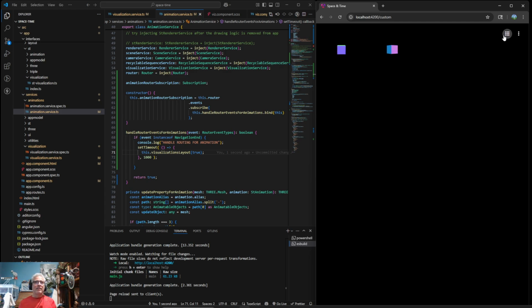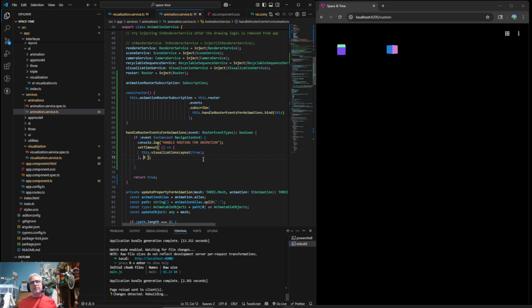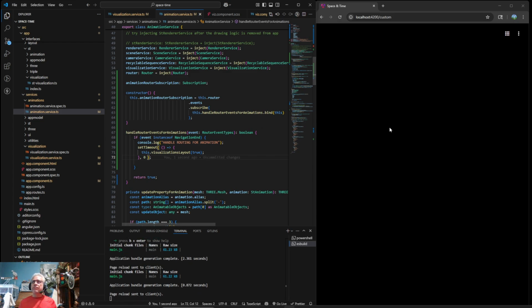So how do we handle this timing issue? I mean, this is one way. Let's see if we make it 0, if it still resolves itself. I would think it would, but I'm not 100% sure. I've definitely seen it not. Okay, so it did not. If you can't do 0, then that's usually a sign to me to not do it this way. So I don't think we want to do this animations thing, which is kind of a bummer.